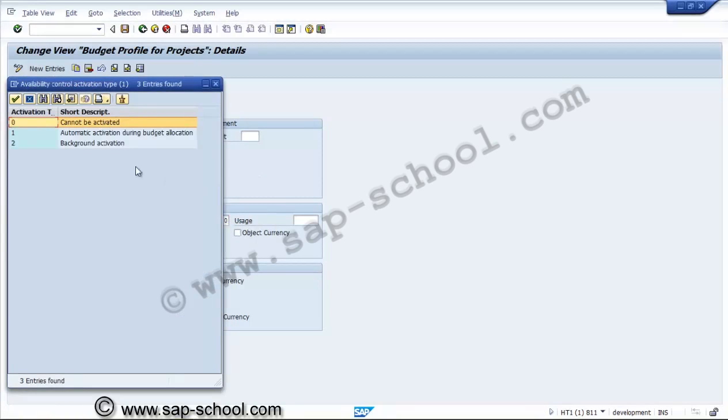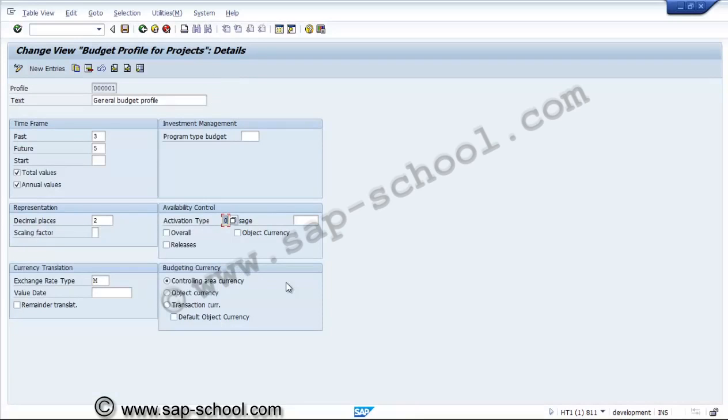Here, with automatic activation, we can consider it during budgeting, or it is not activated. That means whenever a commitment or actual posting takes place, the budget availability needs to be checked or not. So here we can specify automatic checking of the budget, or leave it manual. Normally we use automatic checking